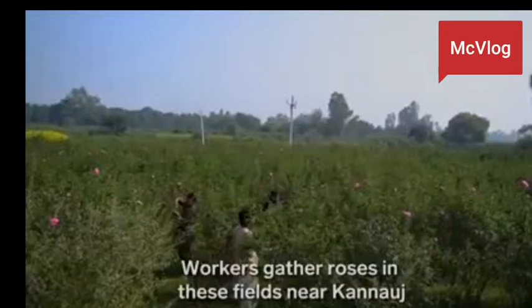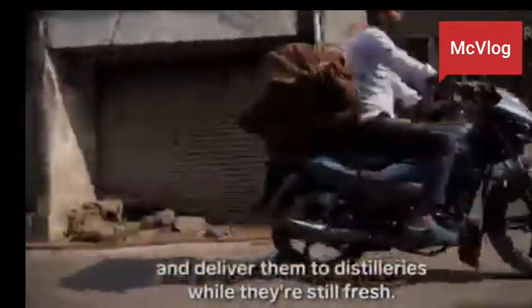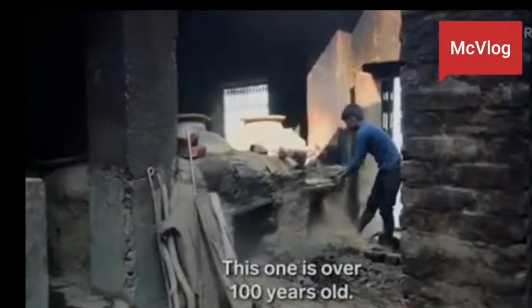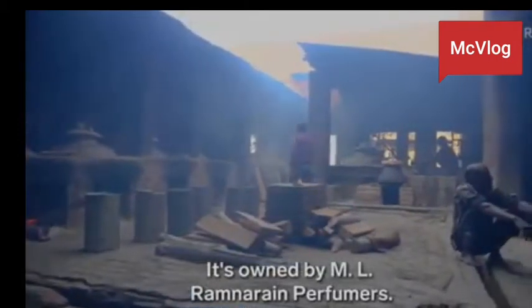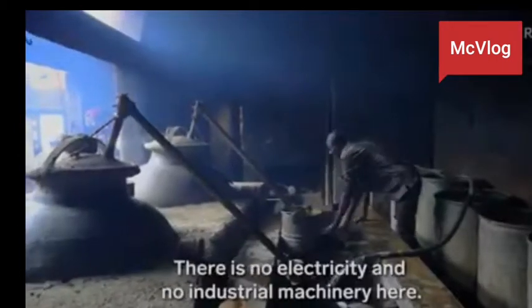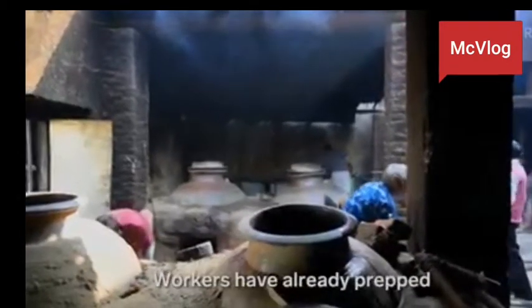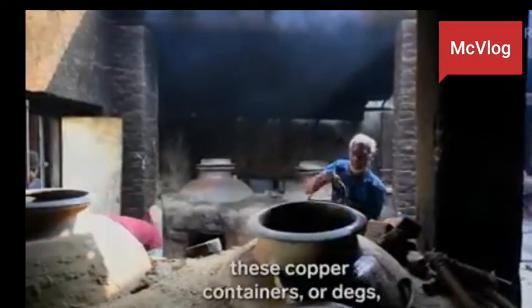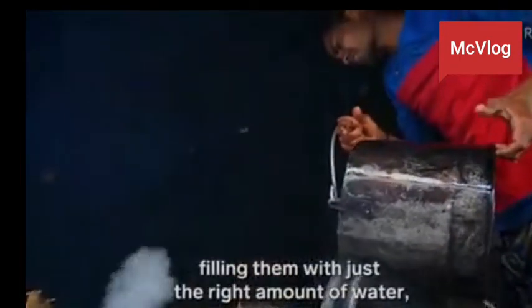Workers gather roses in these fields near Kannauj and deliver them to distilleries while they're still fresh. This one is over 100 years old. It's owned by M.L. Ramnarayan Perfumers. There is no electricity and no industrial machinery here. Workers have already prepped these copper containers, or degs, filling them with just the right amount of water, about 80